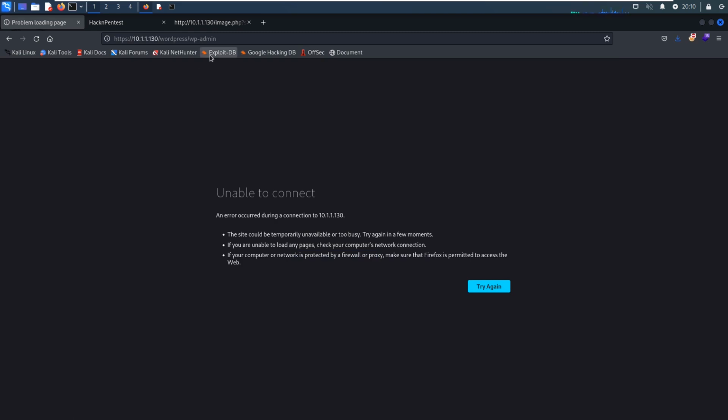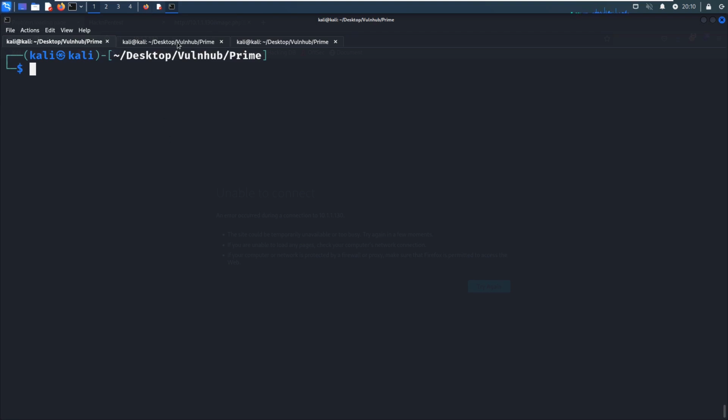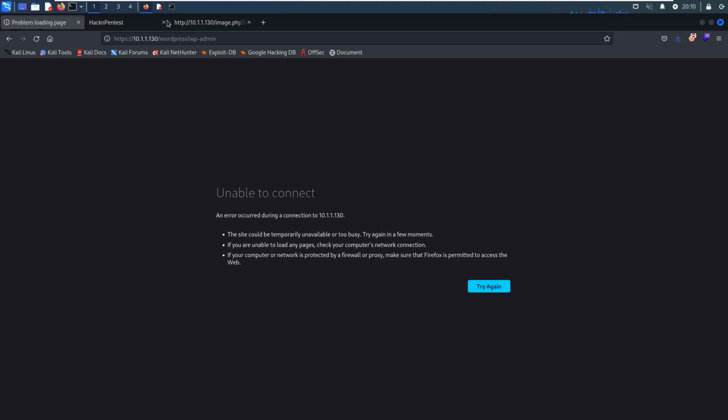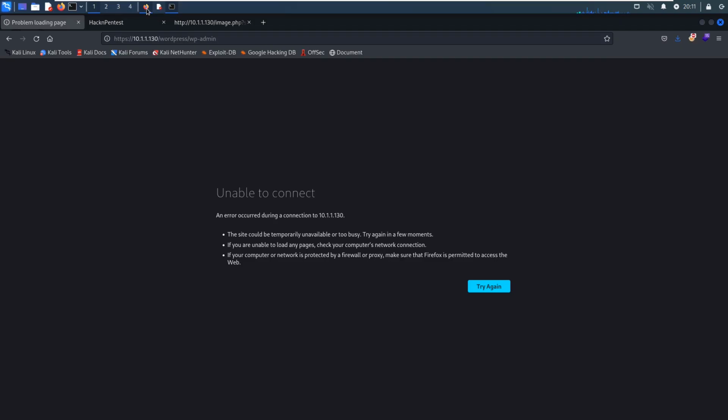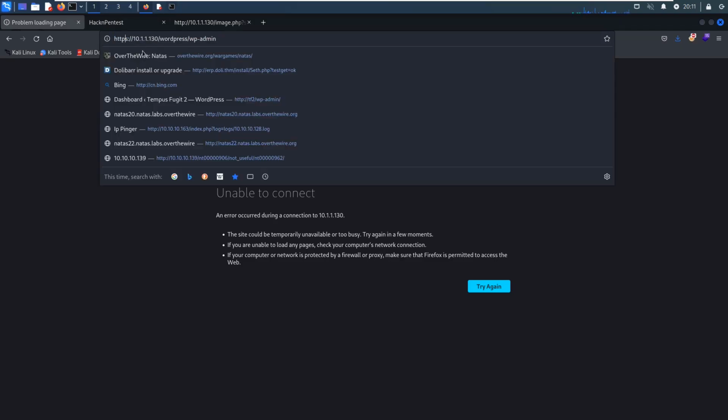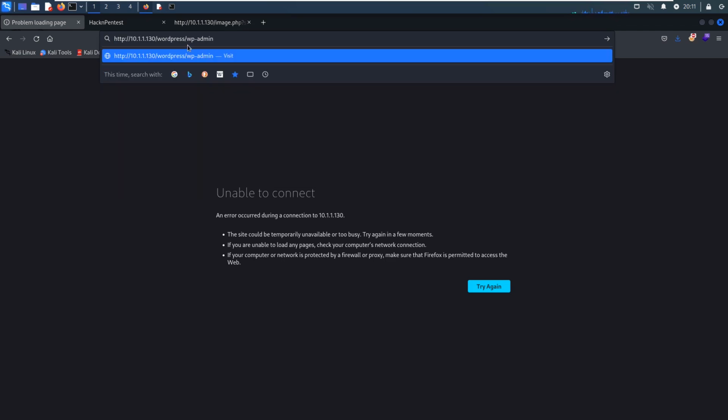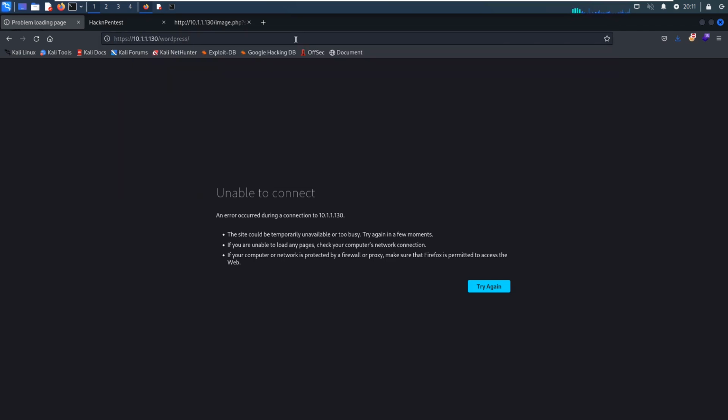Interesting. Why? Maybe I need to restart my... So, however, why did I get this error? I cannot even access WordPress.